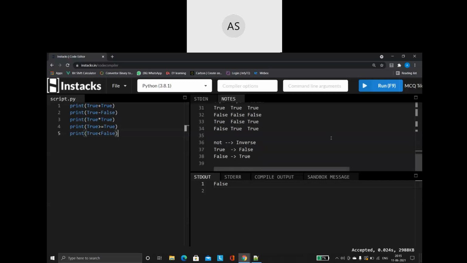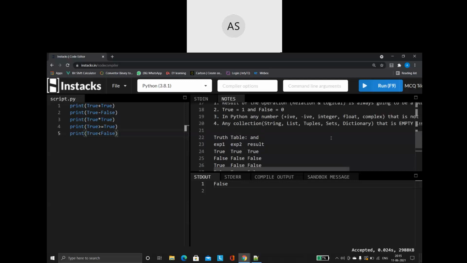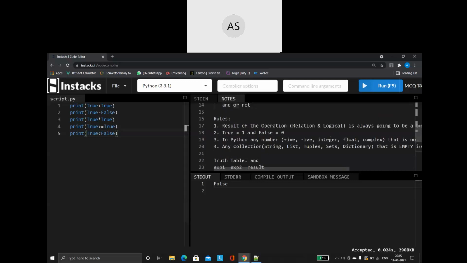We know that true and false are Boolean values. One more important thing: when we are using arithmetic operators or relational operators on a Boolean value, the first question is, is it accepted? Is this program going to work or is it going to throw me any errors? That is the first question we have to understand.